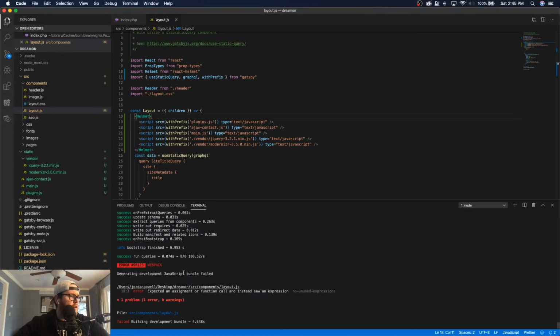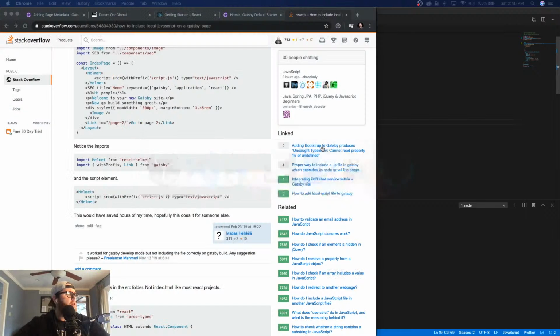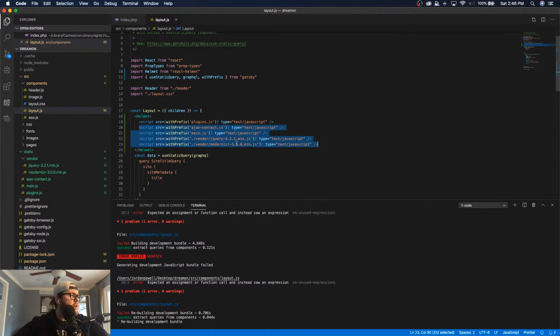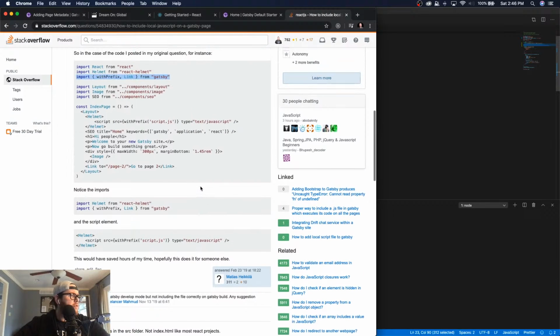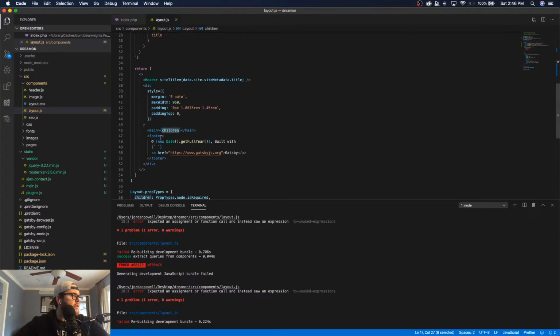It's saying generated field. Expected an assignment or function call instead saw an expression. Wonder because I have more than one of these. Maybe. Let me see how. Hang on. I bet you. How do I have this? Layout. Oh, it's because I'm doing this thing. Same. Layout is equal to